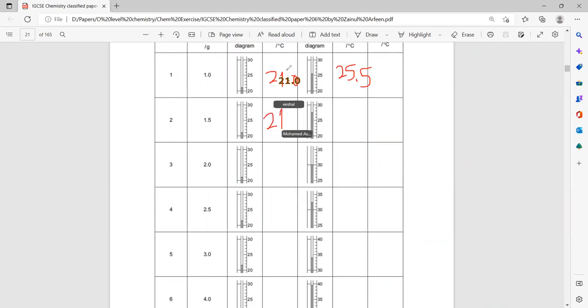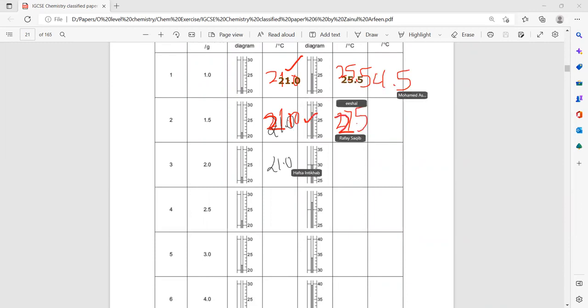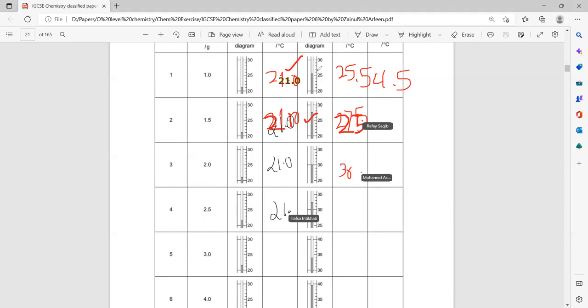21.0. Good. 21.0, 21.0, 25. Actually, it's 25.5, because it's between 25 and 26, it's 25.5. And then the temperature difference, this is 4.5,